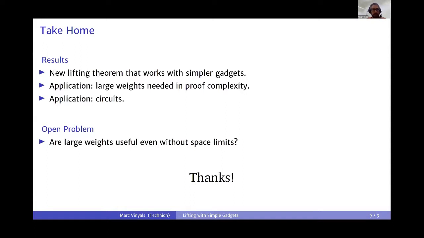weights? And we do get a kind of separation, but where the upper bound is for semantic cutting planes. So that's a version of cutting planes where you don't have any rules. You can just derive anything that follows from previous inequalities. And yeah, the question, we tried to have an upper bound for the normal kind of tree-like CP, but we didn't manage to do it.